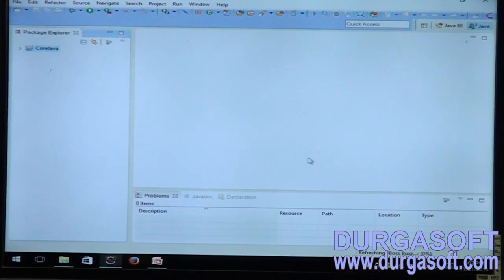Okay team, let us go and see. Now in this, if you click on this arrow, on the project, see, basically this is the project. What is the project name? The project name is core Java, which I have created. Now when I create a core Java project, team, it is automatically linked up with the JRE system library files. What are these JRE system library files? These are Java related files, team, Java supporting files.